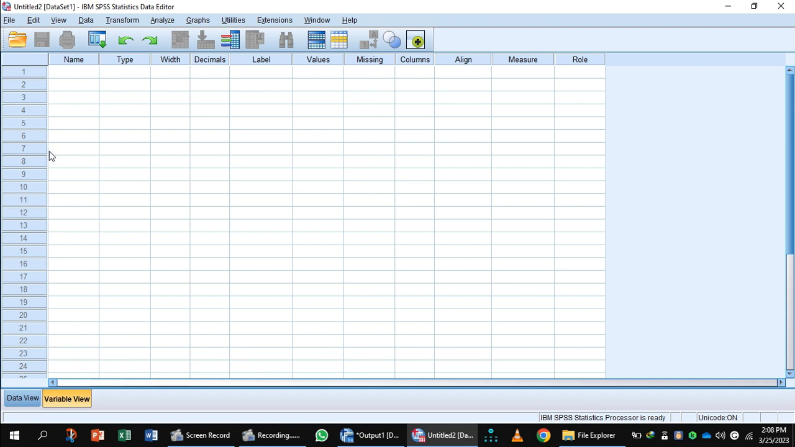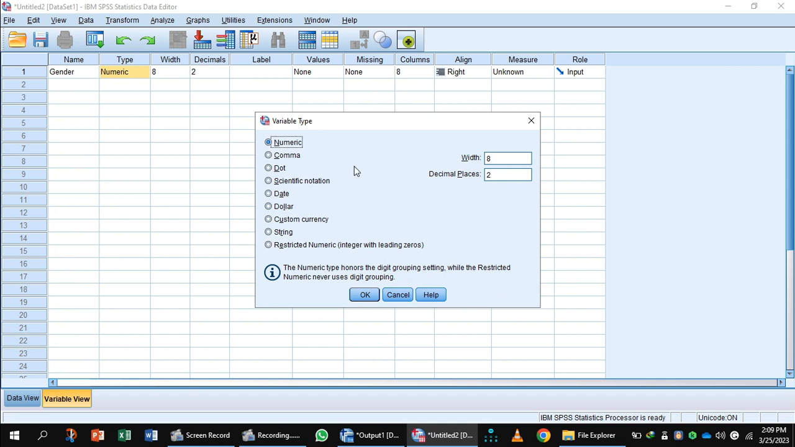Click on Variable Type. First you will enter the name of the variable. The name of the variable is gender. Click the cell under type to get a gray square and click on the variable type box, which you can use to define your variable. Here we will click numeric. This is numeric and width 8. Control the number of decimal places shown. You can keep 0